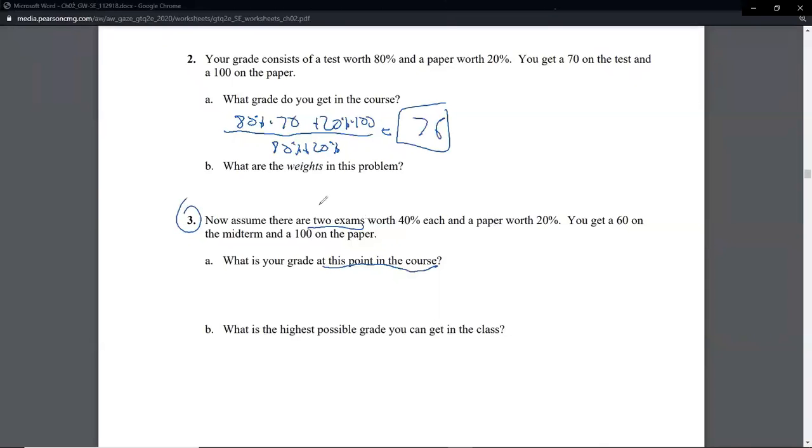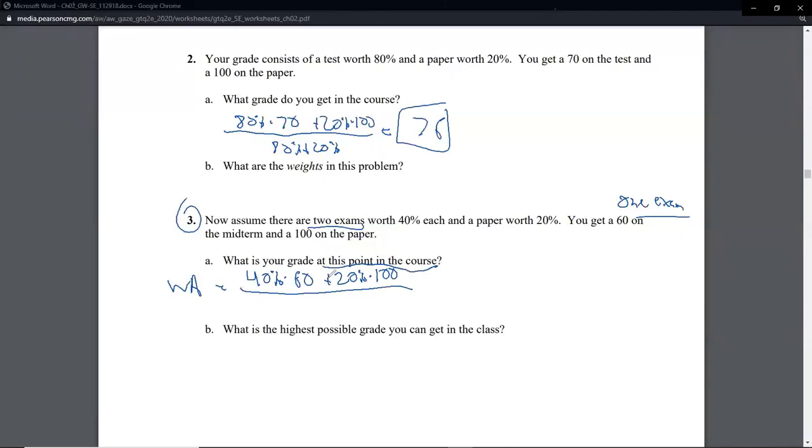Distractions. So we only have one exam so far. So we're not going to have 40 in there twice, we're only going to have it once. So our current weighted average with just these 2 grades is going to be the 40% for the midterm times what we got on it, which is a 60, plus we don't do the 40% for the final because we don't have a grade yet, and then it's the 20% for the paper times the 100 we earned, divided by